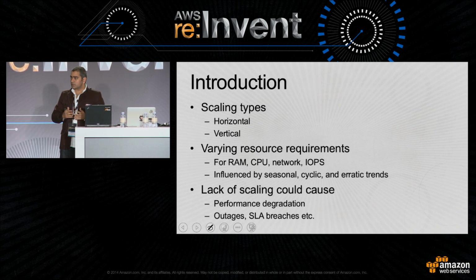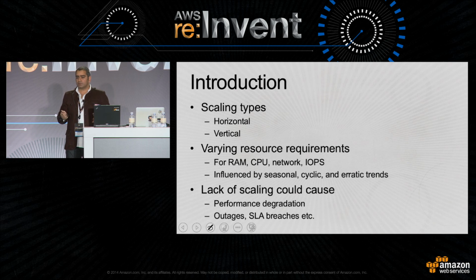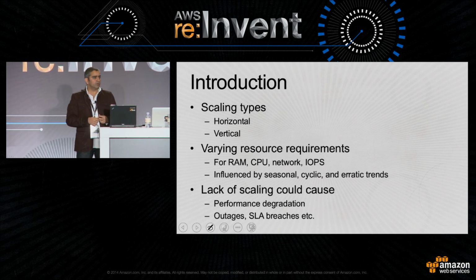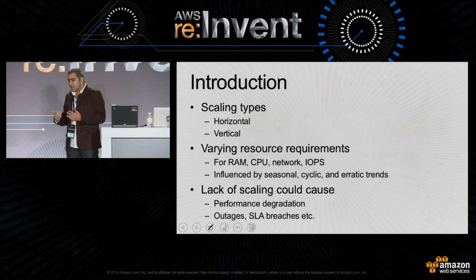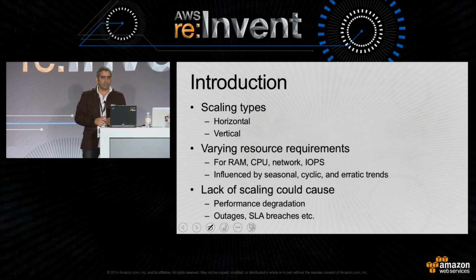A cyclic trend is a longer trend. For example, every year a company launches a new product or has a conference like this one. You see a lot of traffic on this event's website. We can still predict the cyclic trend because it happens every year. Every year Thanksgiving happens, Black Friday happens, a lot of people buy stuff. So you know that it's going to peak, and that means you can plan for that.